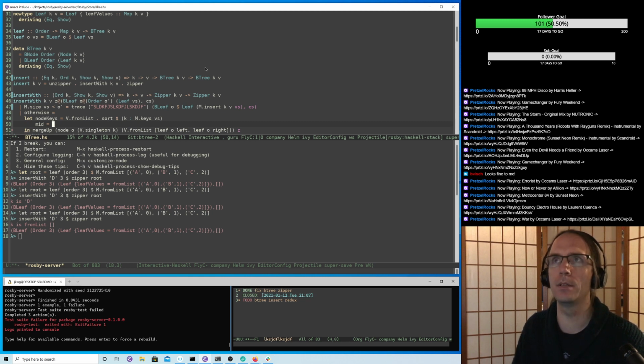It's going to be the length of node keys rounded up. I wonder if we can get a rounded. Normally it rounds down, but if we use the right division here, it might sort out. So let's take the length, v.length, node keys,